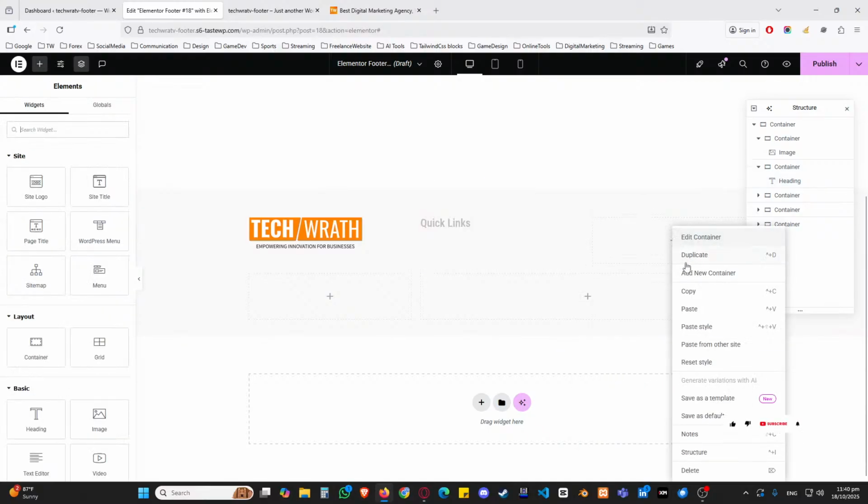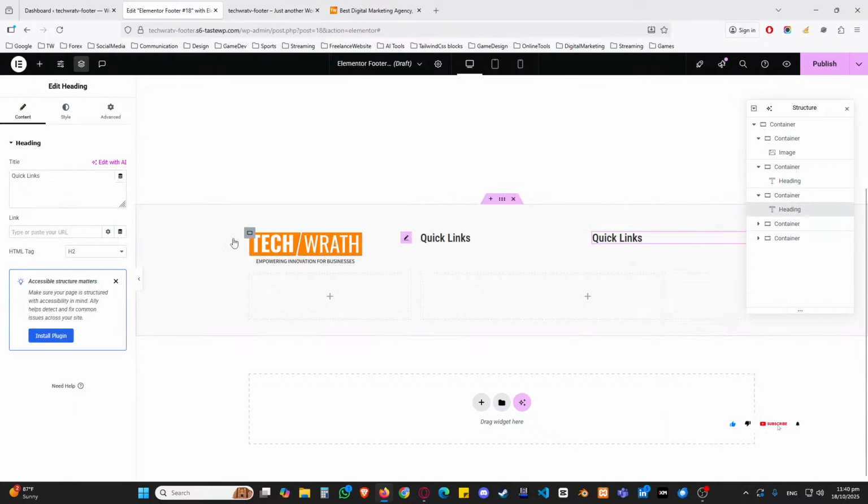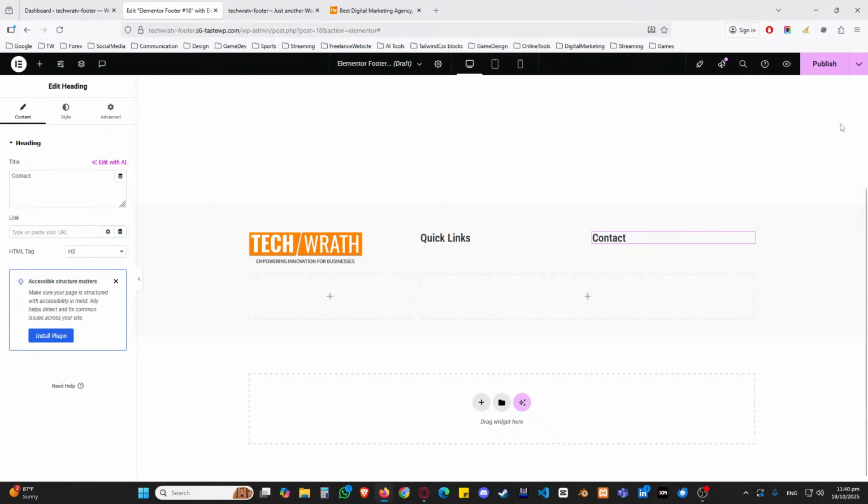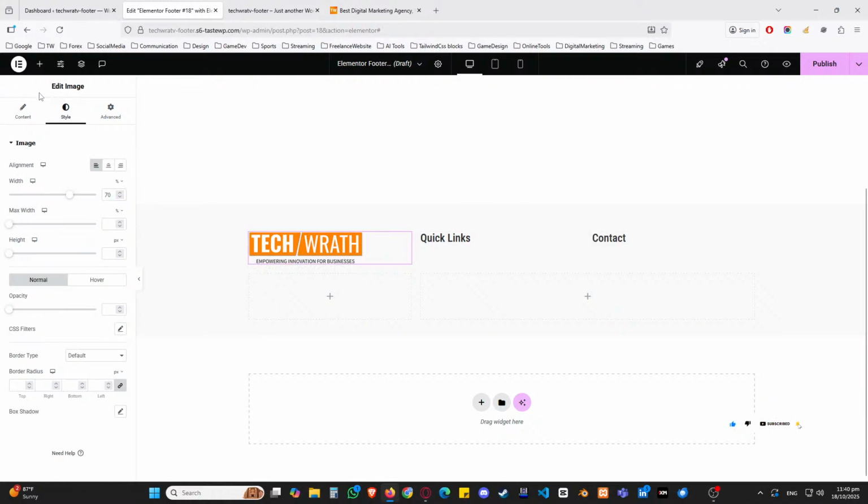So quick links, I'm going to copy this heading, paste it on the right column now and rename it to contact. So we have our headings here. We've got the logo, we've got the quick links, and we've got the contact. Now under the logo, I would like